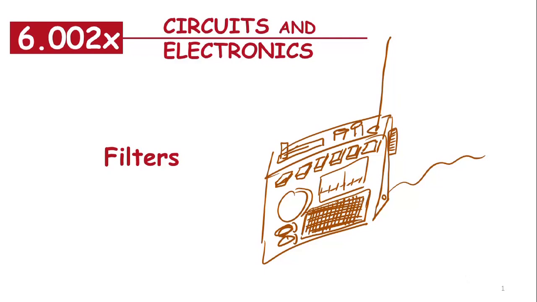In this sequence, we will look at a major application area of the frequency method of analysis, and also of the impedance method. This major application area is called filters. Filters have some frequency response, and as signals go through these circuits, those signals are transformed according to their frequency